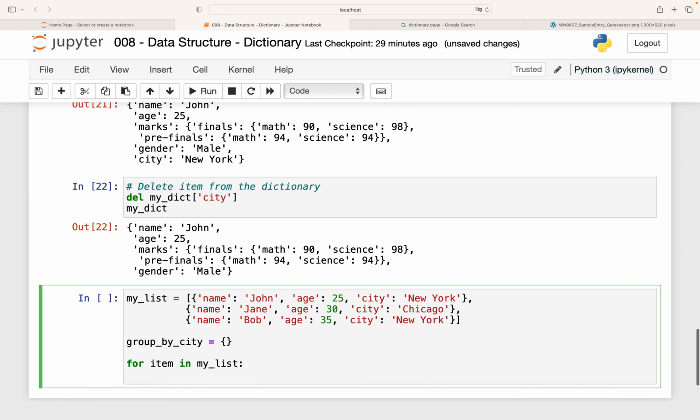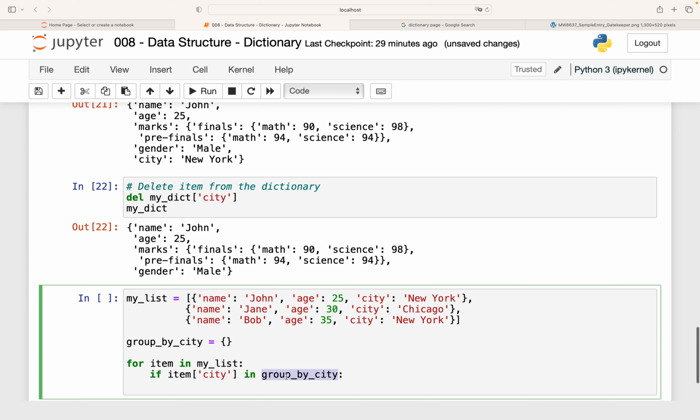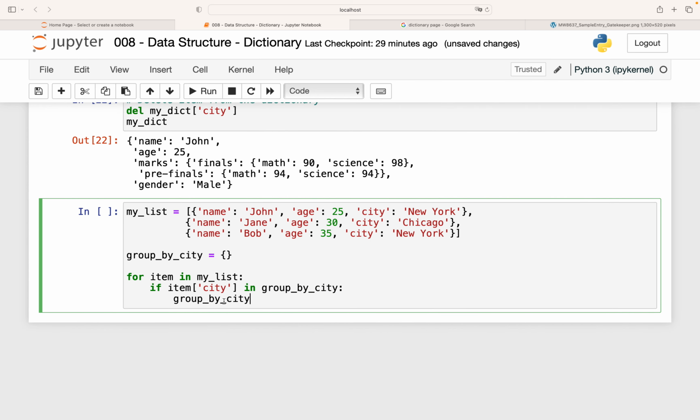and then if item city in grouped by city, if it is there, then what we'll do, group by city item, and I want it to be city dot append item,